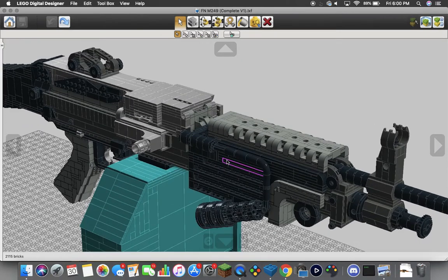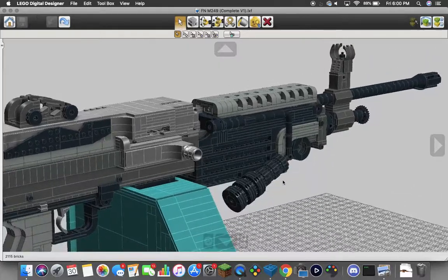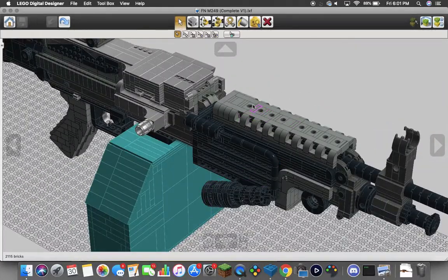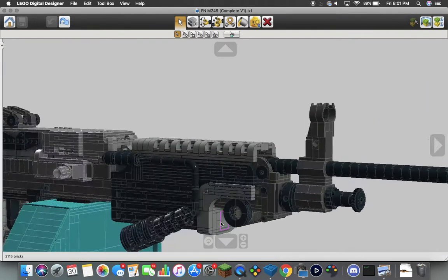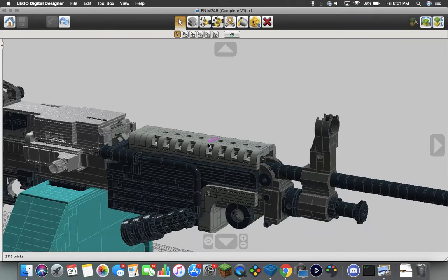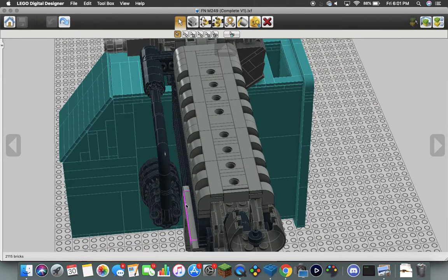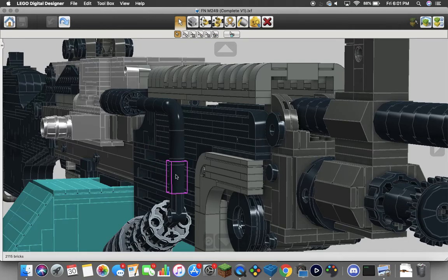We have the carry handle and quick change barrel system here. Pretty basic design, not a whole lot going on here. The top heat cover here and the lower handguard here. This is kind of complicated. We have a 6 stud wide heat handguard up on top, a 6 stud wide lower handguard,